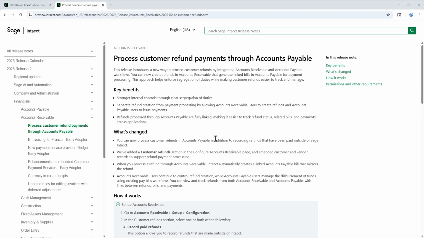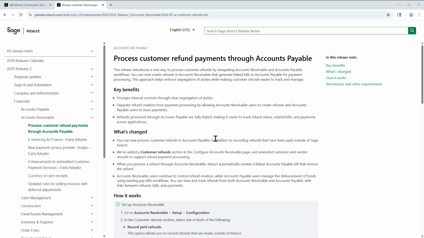So setting this up is a threefold process. We've got to enable the configurations, set up the user permissions, and then get our customers set for refunds. And then obviously we can actually do a refund in system.